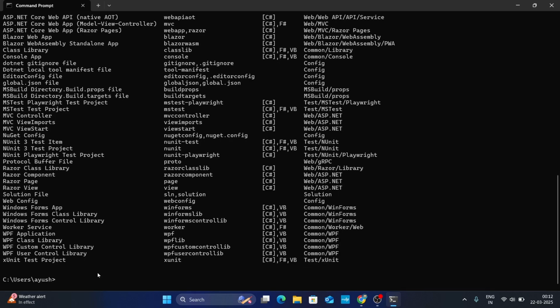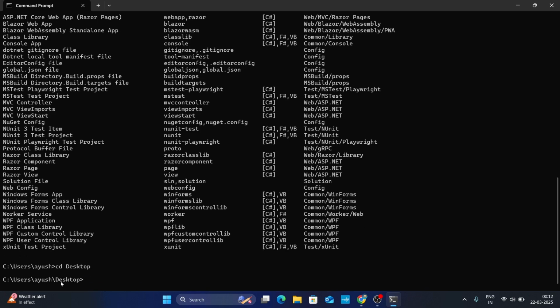Now I am going to show you how to create a console based application here. So firstly I will change my directory. So I will type here cd. I will go to my desktop directory. So I will write desktop and then just hit enter. You can see that now I am inside the desktop